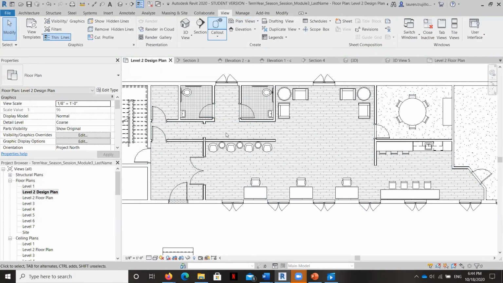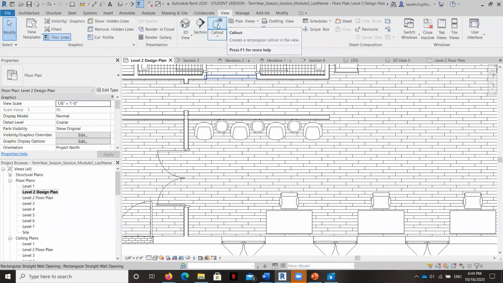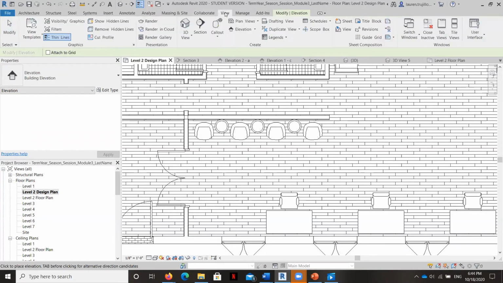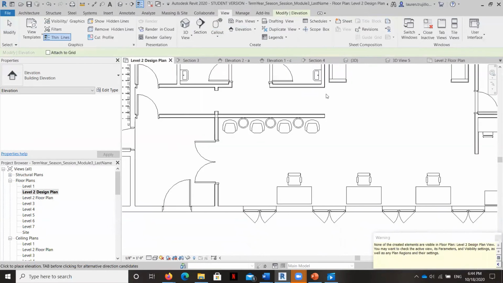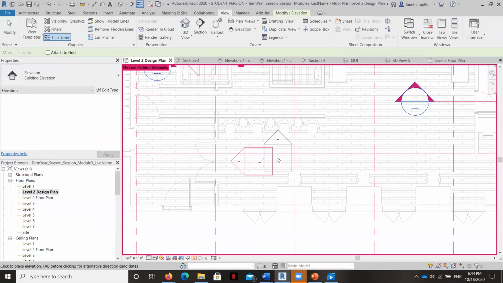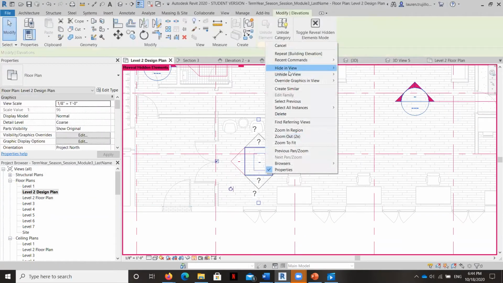Okay, so let's go ahead and take a look at it. If you zoom in, you can see it right here, and you can see it wrapping around the walls. And if I take an elevation, I should be able to see it here. Let's see. I've got my elevation tags hidden, that's why. So let me unhide and view.